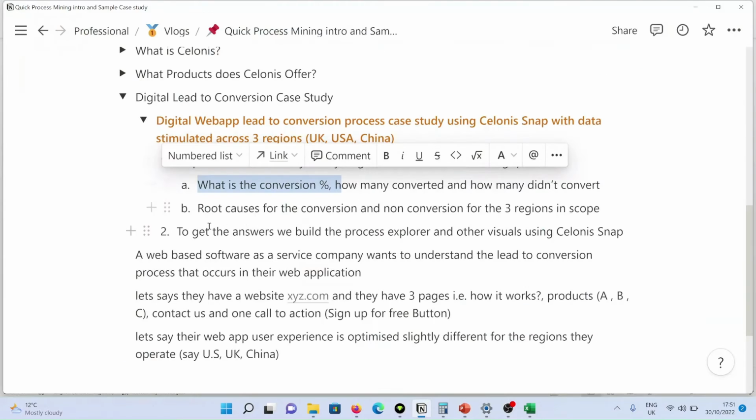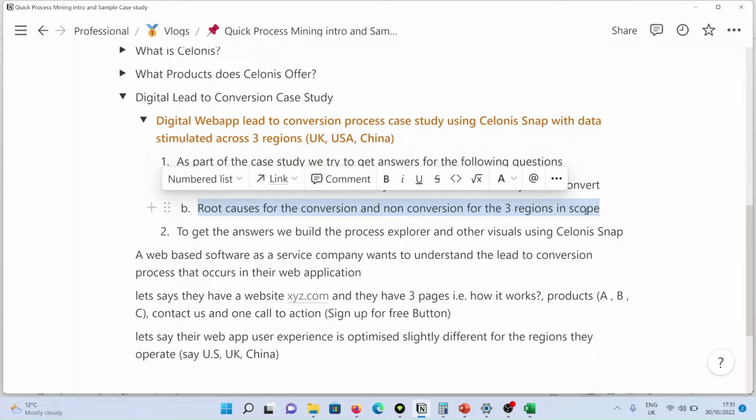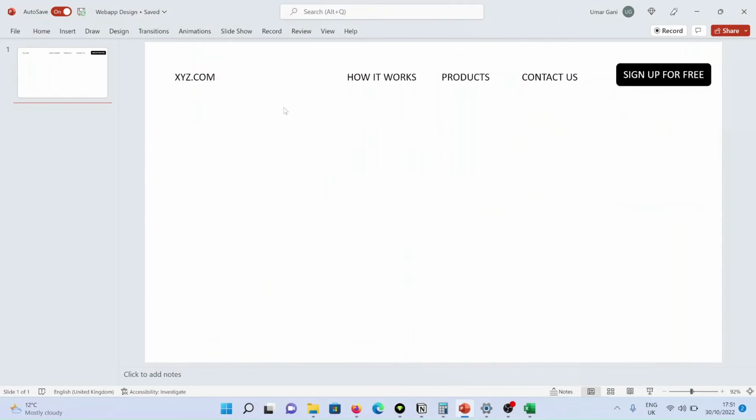But what you can't get is the second one, the root causes for the conversion and the non-conversion for the three regions in scope. So if we say 10 people come in as part of the sample data we've got, out of the 10, let's say five got converted, five didn't get converted. What would be interesting for a business is to know why that five got converted, why the five didn't